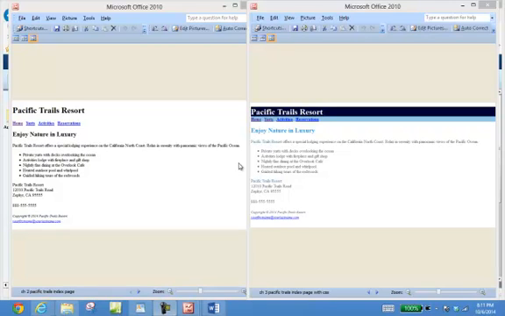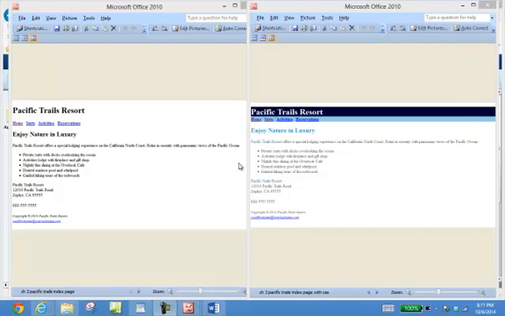And then over on the right-hand side we're going to apply some cascaded style to make the background of the title Pacific Trails Resorts black and have white letters on that black background, and we'll have a blue background with the links or the nav section, and we'll just have a different kind of effect with this page. And we'll do this by simply adding one document and some slight modifications to the web pages that are already